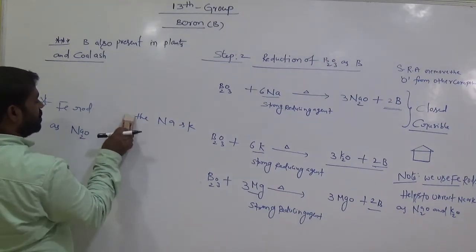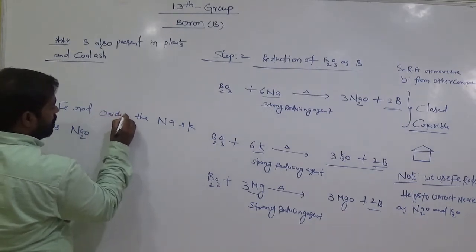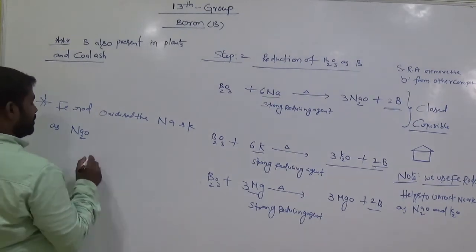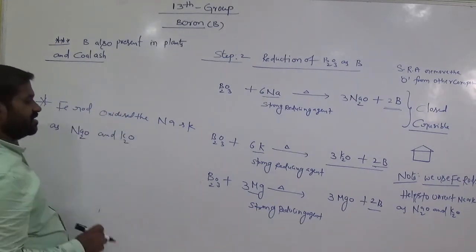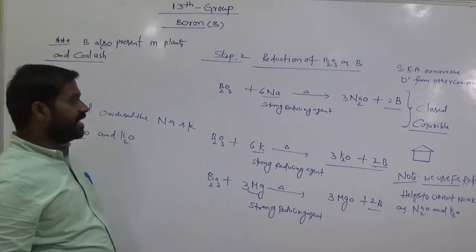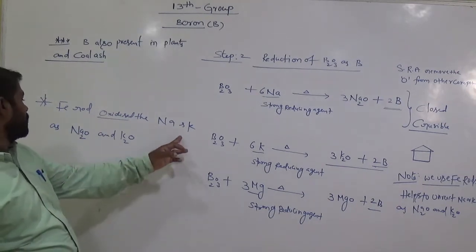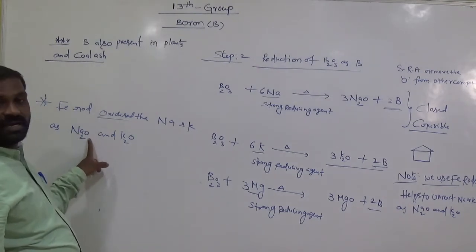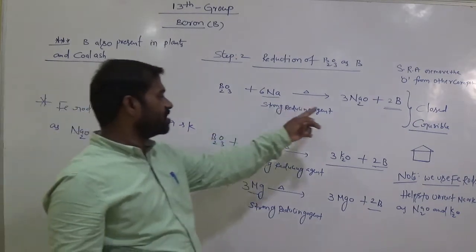That means here it is oxidized. Sodium gains the oxygen, am I right? And potassium as potassium oxide, gaining of oxygen. Gaining of oxygen is called oxidizing. Okay, clear? The iron rod oxidizes the sodium and potassium as Na2O and K2O. Why? Because sodium attracts the oxygen and potassium interacts with oxygen. So addition of oxygen to sodium is called the oxidation process.